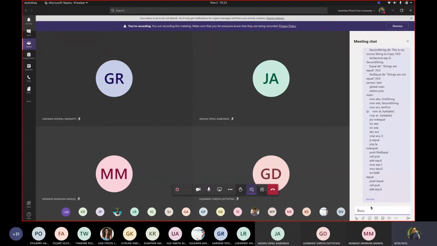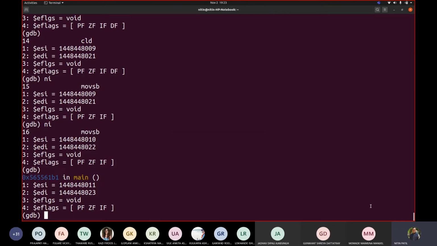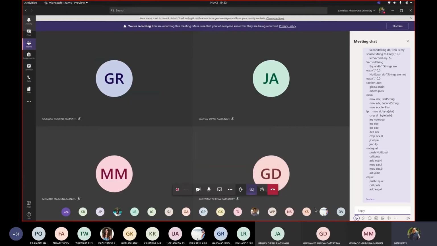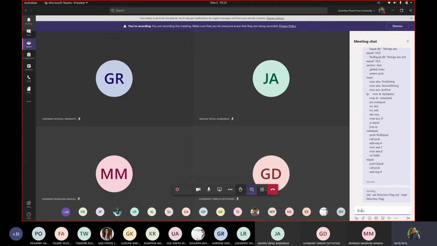These are the instructions used specifically only for string instructions, CLD and STD. STD is set direction flag, CLD is clear direction flag.